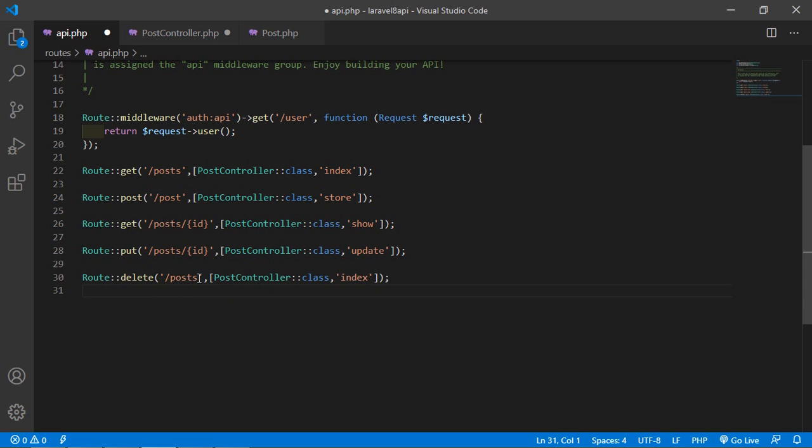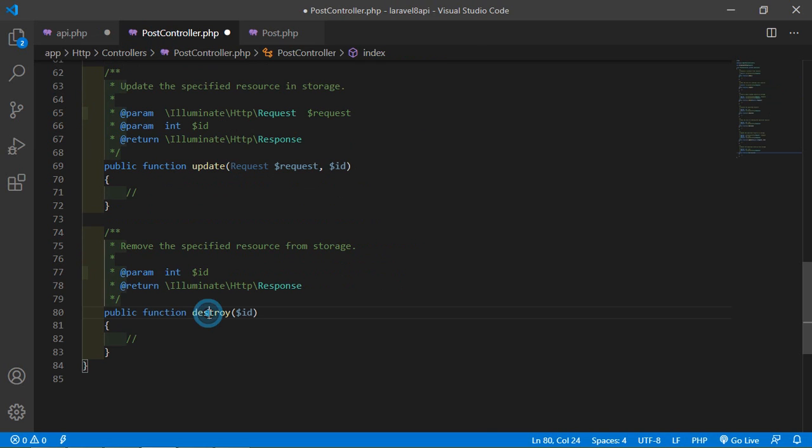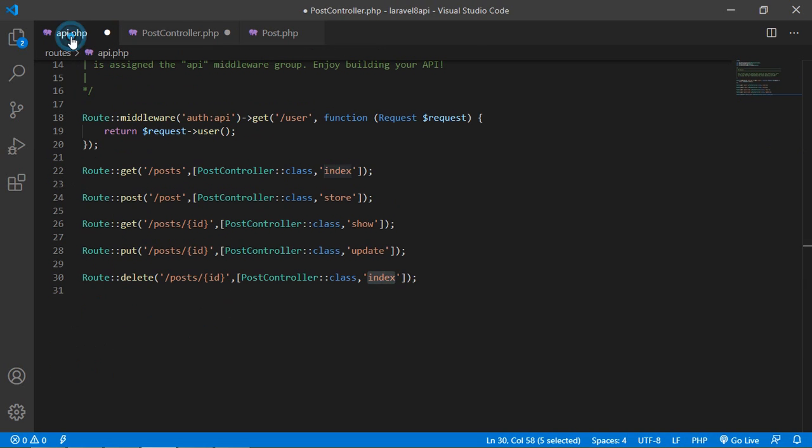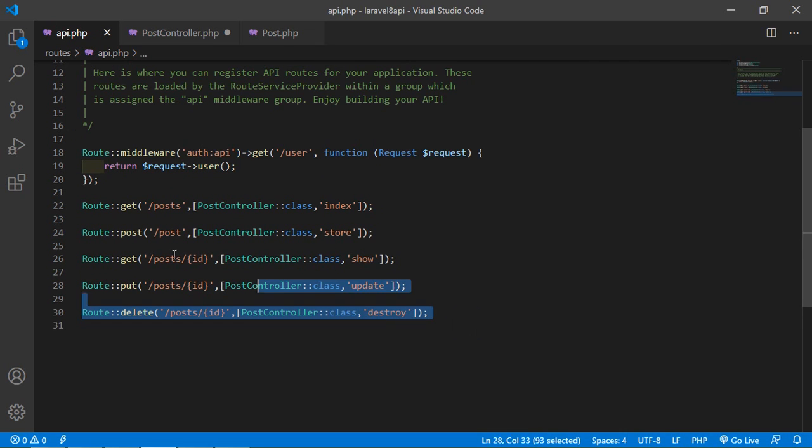Alright, and URI posts, and just add here the parameter ID. Alright, and method name this one, destroy. Alright, these are the routes.